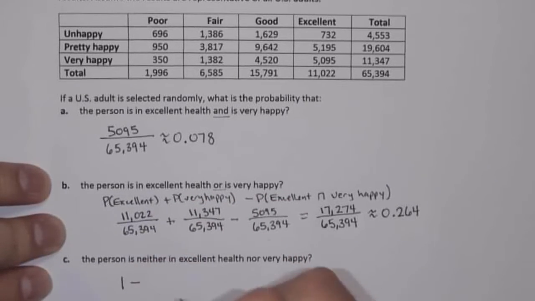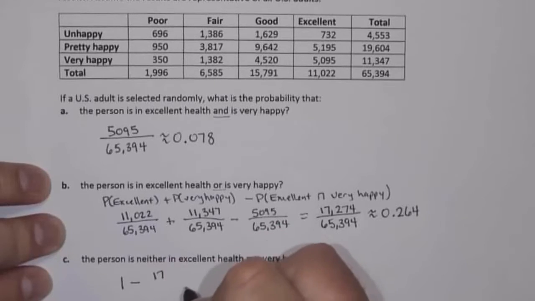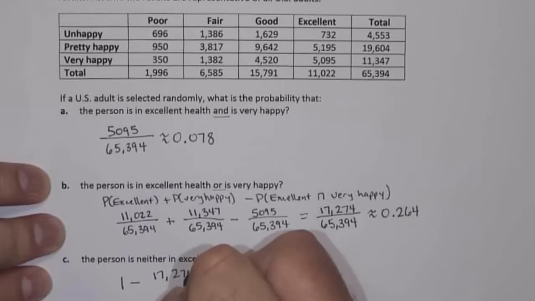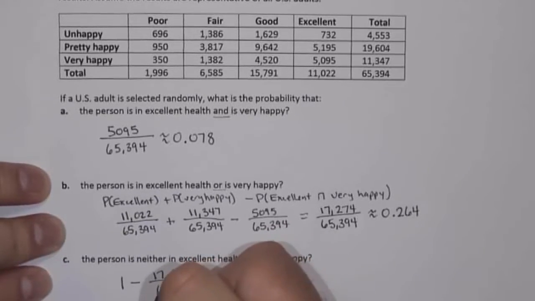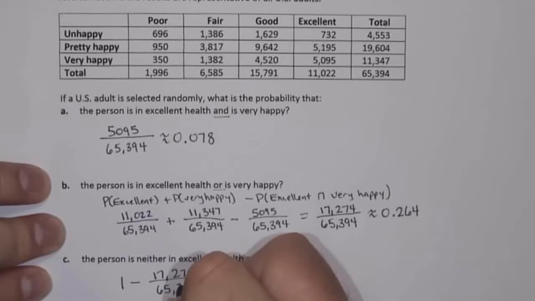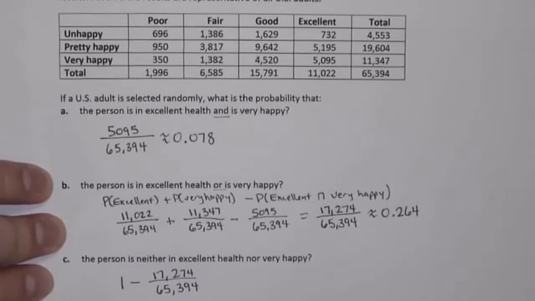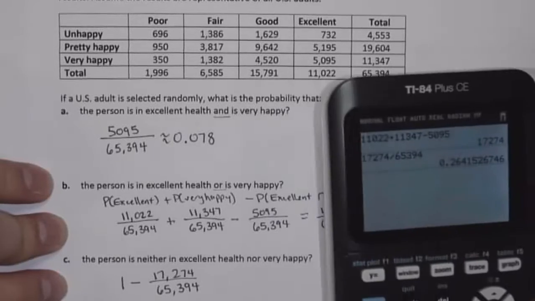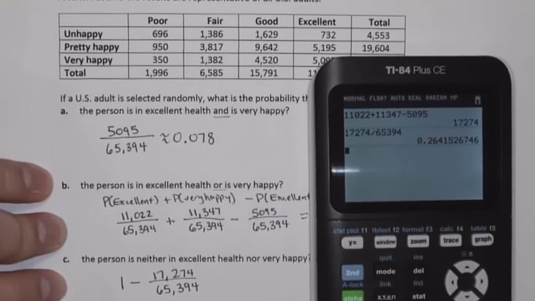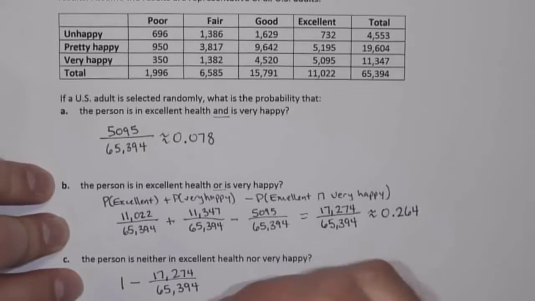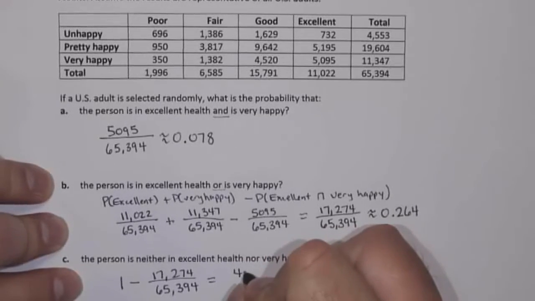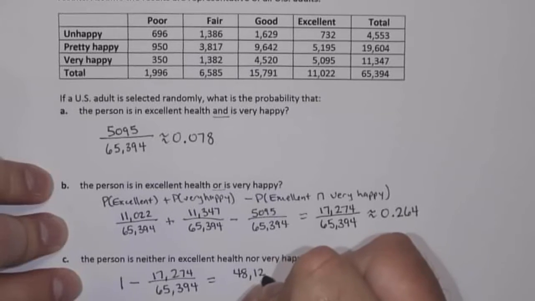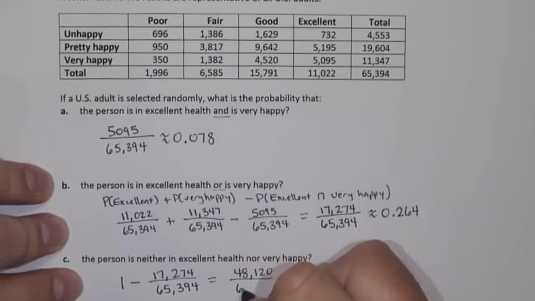So we're going to do 1 minus the 17,274 out of 65,394. So to figure that out, I'm going to take 65,394 minus 17,274. That is 48,120. So that is 48,120 out of the